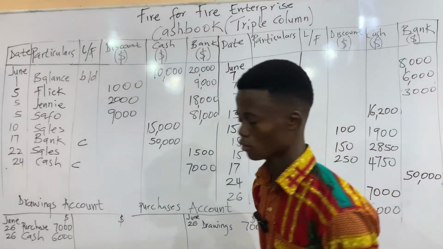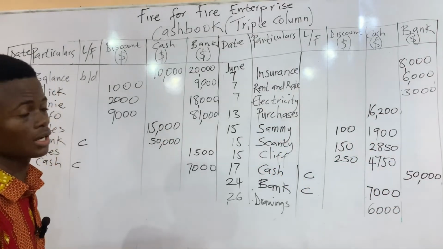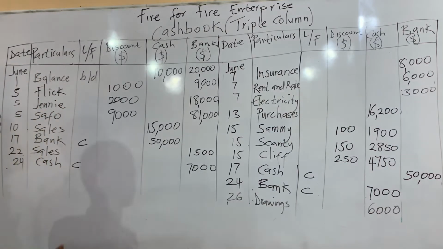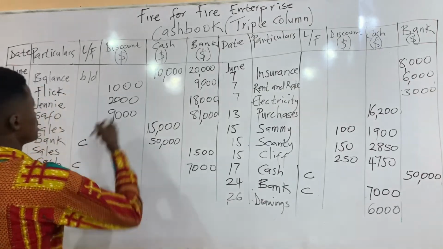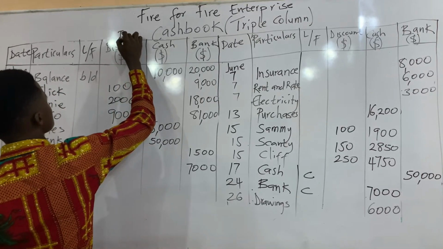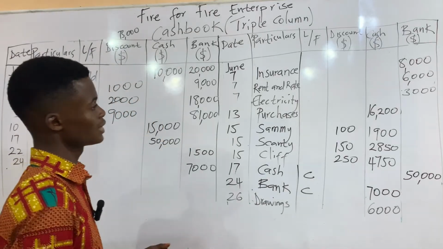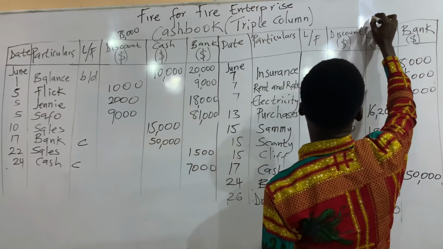So let's try and balance off our cash column first. So in balancing off our cash column of the cash book, we first need to ascertain the total debit entries. So the total debit entries of our cash column is $75,000. So let's dot it here, $75,000. And that of the credit entries amounted to $38,700. So let's try and write these two here,